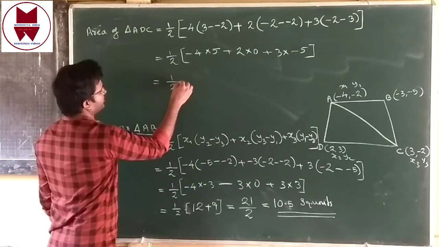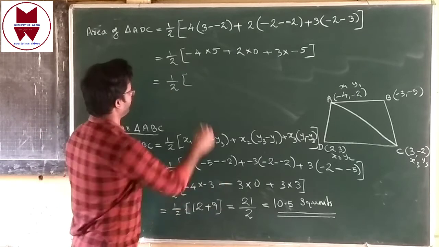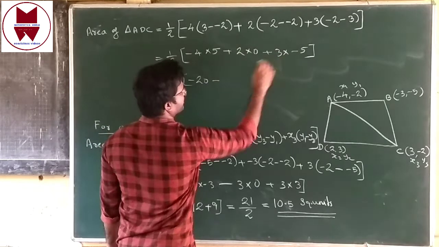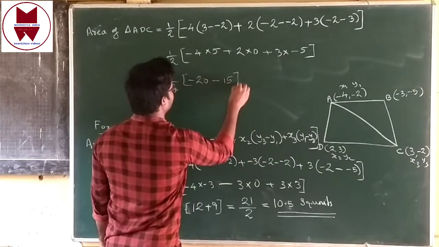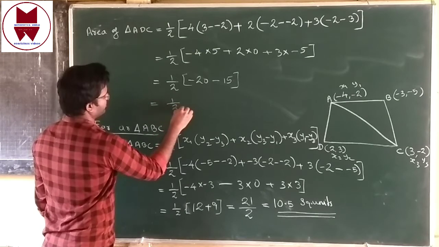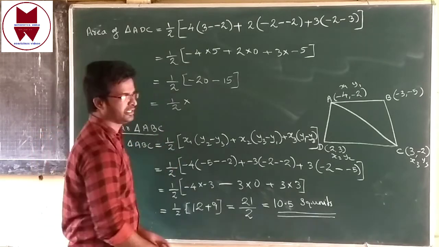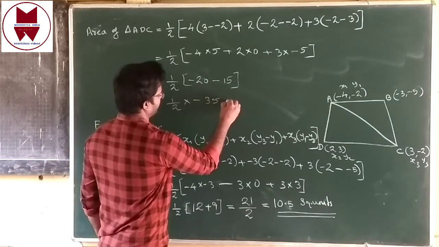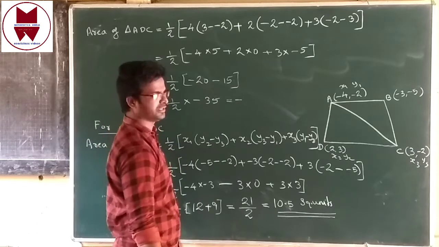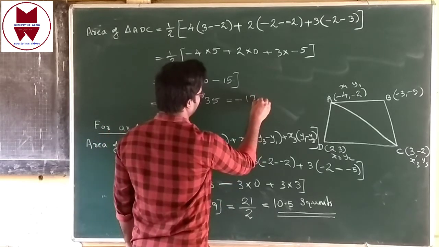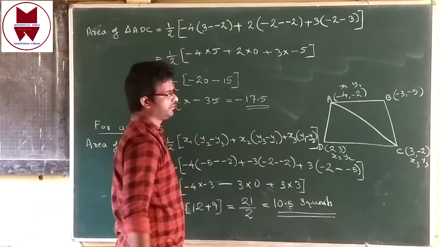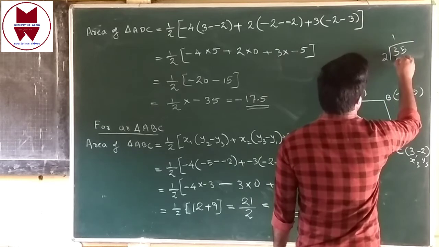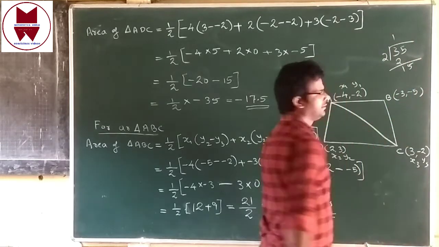Equal to 1 by 2 into minus 4 into 5, minus 20. This will be 0. Last part, minus 3 into 5, 15. Equal to 1 by 2 into minus 20 minus 15. 20 plus 15, you can write 35, equal to minus, just divide 35 divided by 2, we will get 17.5. If you don't know how to divide 35 by 2, 2 into 15, 7